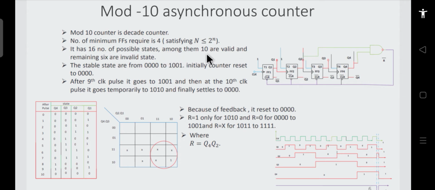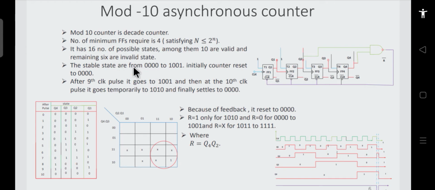Among them, the 10 are the valid states, so that is what we want, whereas the remaining 6 are the invalid states. As you know from our previous discussion, for the invalid states we make the counter, for the first invalid state, first bring it to the 0 state, that is, reset it, and then later on we don't care for the remaining states. So we will use that and we'll draw the truth table, timing diagram, and the logic circuit keeping this in mind. So the stable states are